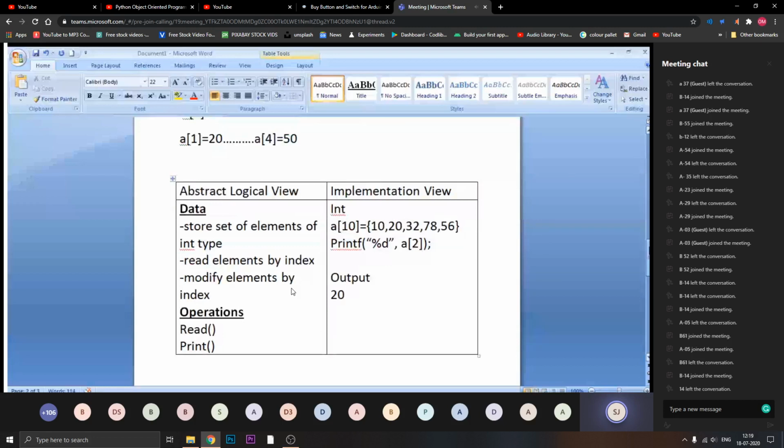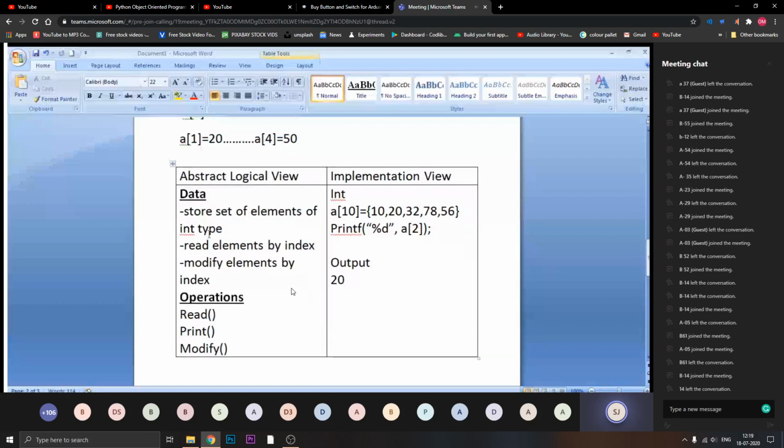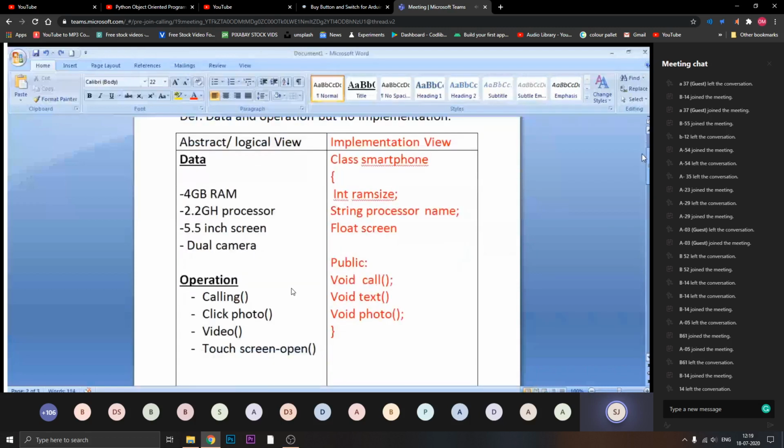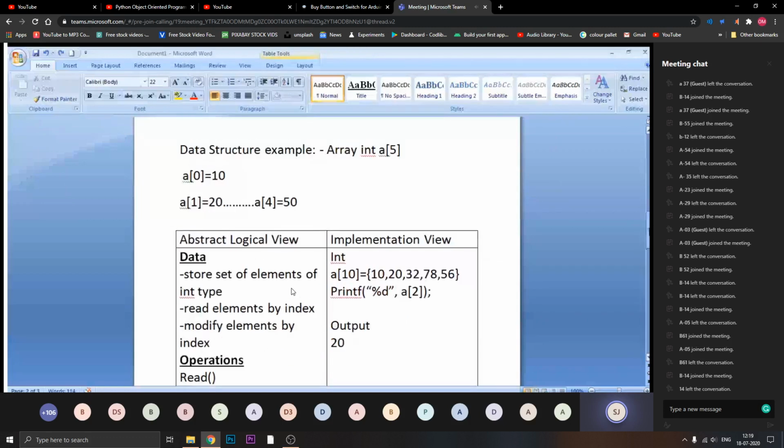Now coming back to this. Any doubt over here? I have given you two examples of ADT, abstract data type: the abstract data type of a smartphone example, and next the abstract data type of an array.